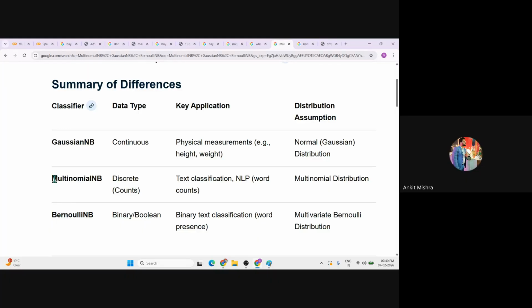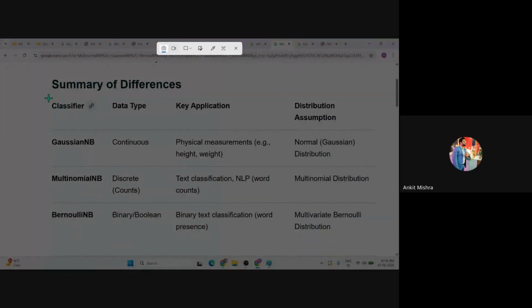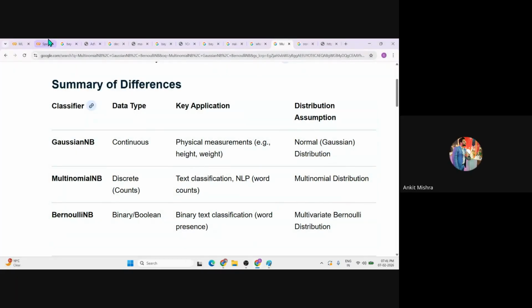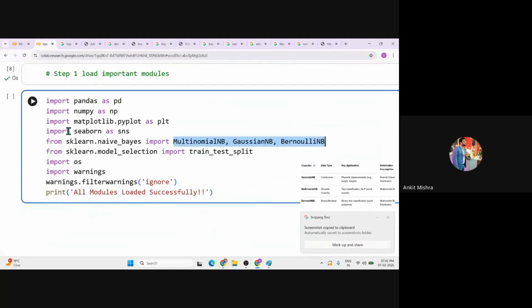When we have a huge amount of corpus data related to NLP, natural language processing, and text classification, then we will use the multinomial naive bayes, because the problem is related to multiple corpora of data. Okay, so let's look at the differences between Gaussian naive bayes, multinomial naive bayes, and so on.